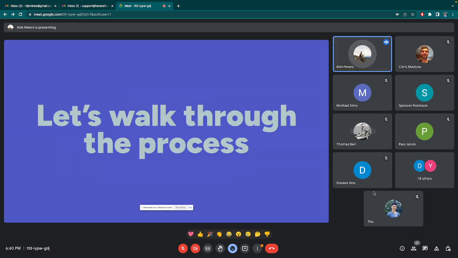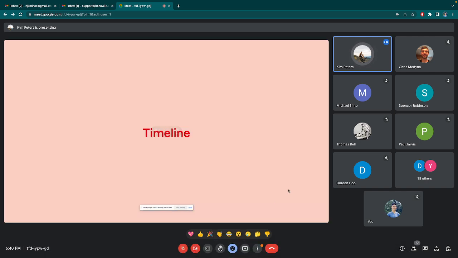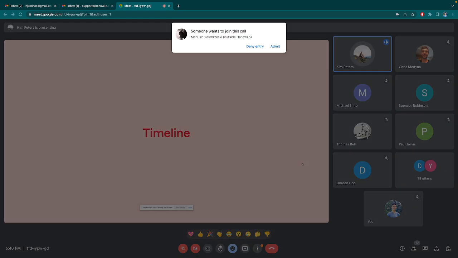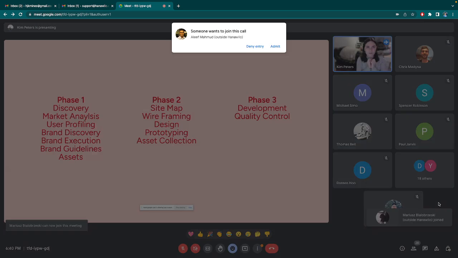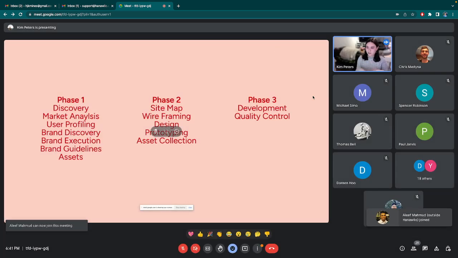All right, so let's go ahead and walk through the process and what it looks like. So we're going to start with our timeline. Typically, when you're getting a project, you don't really have to design the logo, the color palette, the fonts. That's already being determined for you. You're just getting handed brand guidelines, and then that's what you can make all your decisions about how the website or whatever product you're designing is going to look. And then phase 3 would be developing it. But for today's purposes,